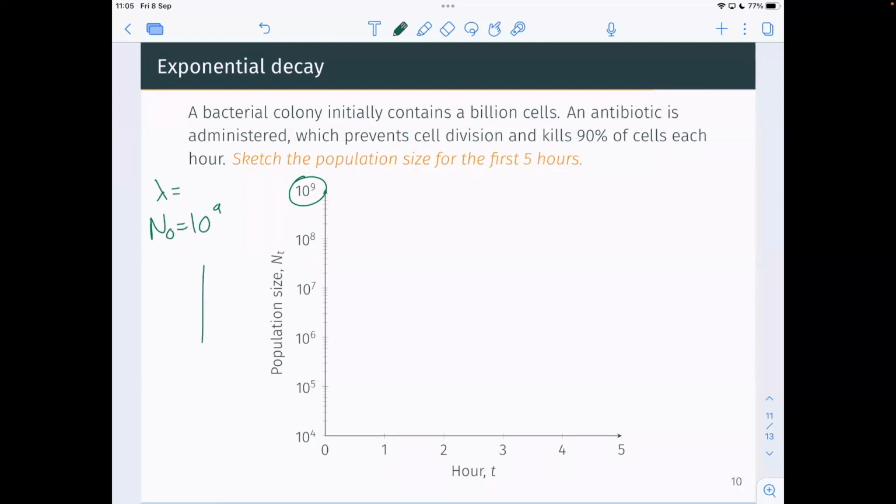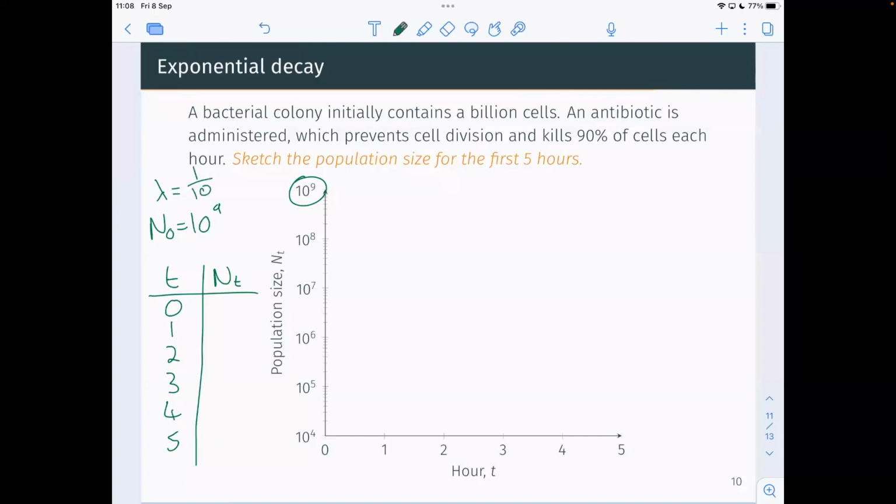And then just as before, write down your values here in a table and then have a go at sketching it. While a few people are still sketching that, we'll just start working through it, okay? So can anyone tell me what my value of lambda is here? 0.1. Yep. Or